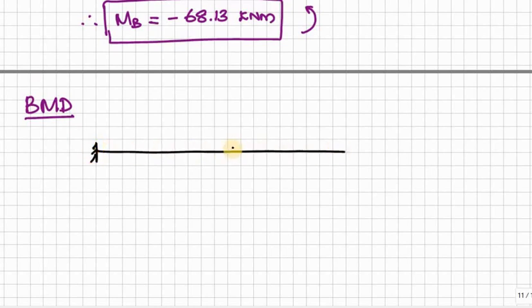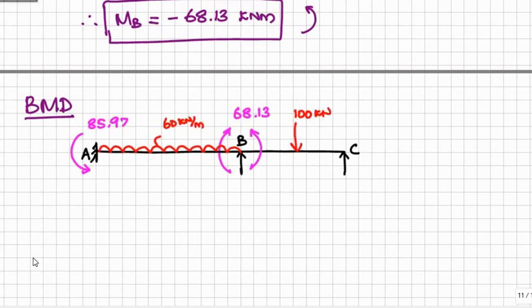To help in drawing the bending moment diagram, I put all the possible moments in the appropriate direction. That means at A we have an anti-clockwise moment, at B we have a clockwise moment over the AB member, and an anti-clockwise moment over the BC member, but the numerical amount is the same, 68.1. At C point we don't have any moment because of the hinge support. Now we can first draw these support moments.